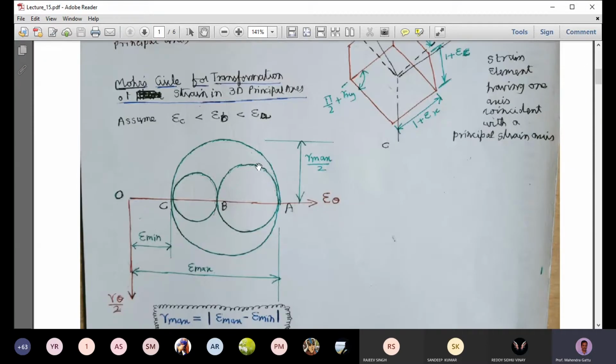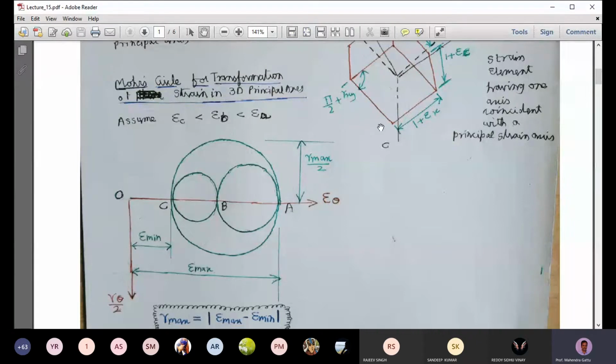So we'll get this circle with maximum principal strain A and minimum principal strain B, and this is the Mohr circle, which will represent all the strains due to the rotations. Along the c direction, there will be no change in the strain. It will remain epsilon c, and we can get the maximum shear strain, which is equal to the diameter of this AB. So this is gamma max by 2, and that gamma max by 2 is the radius, and 2 times that will be the diameter. So epsilon A minus epsilon B will be the maximum shear strain for rotation about the c axis.